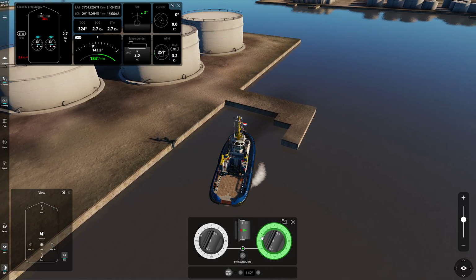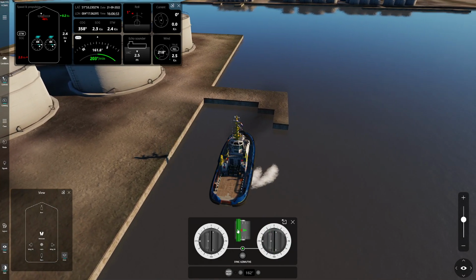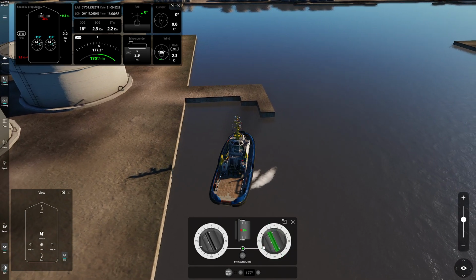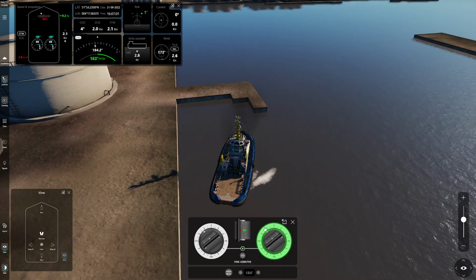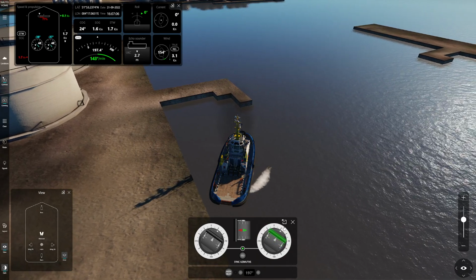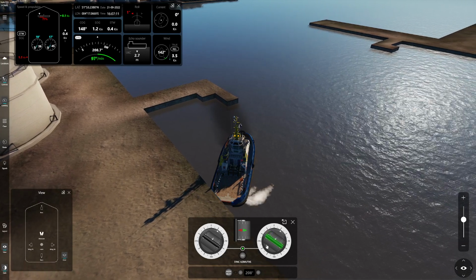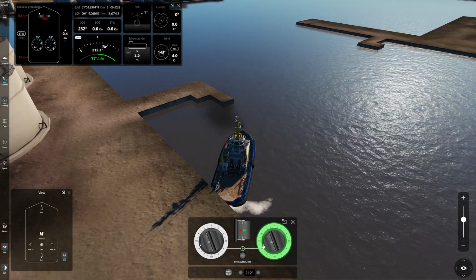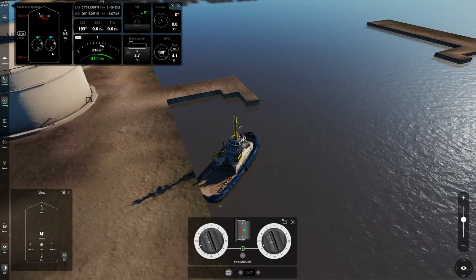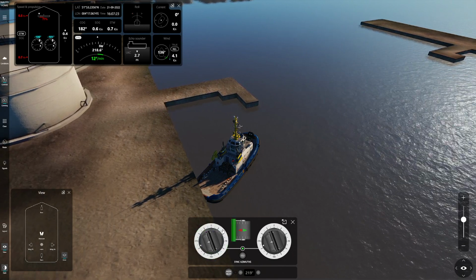So now that they're rotated like that, you're still going backwards. Don't quite understand that. It's a fine mess. So as you can see, it's not that easy. And this is on one of the ones that I would have thought would be the easiest one. So I'm just going to use the bow thruster, bring it in,